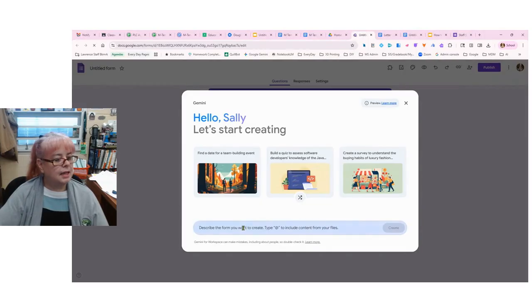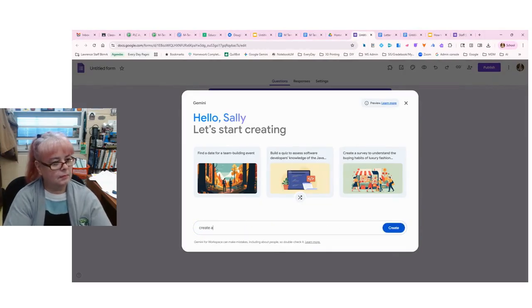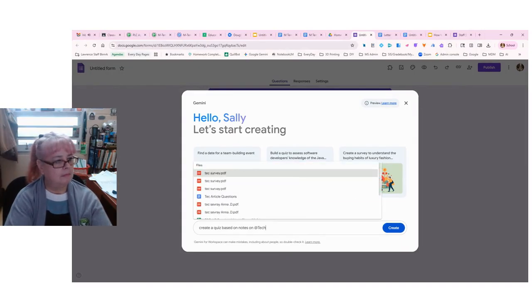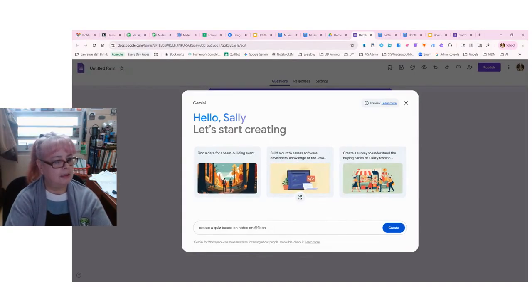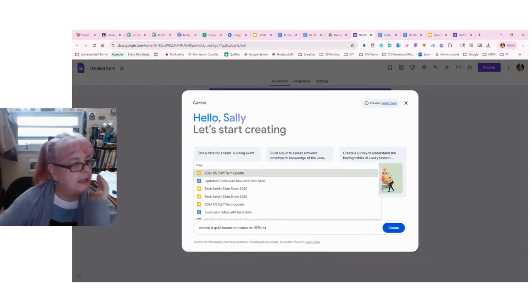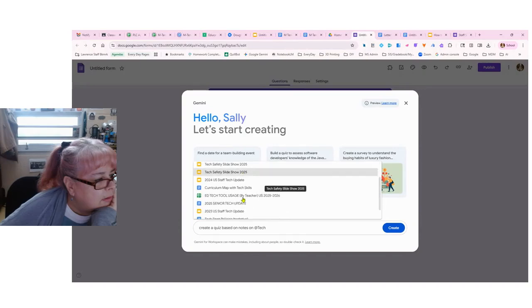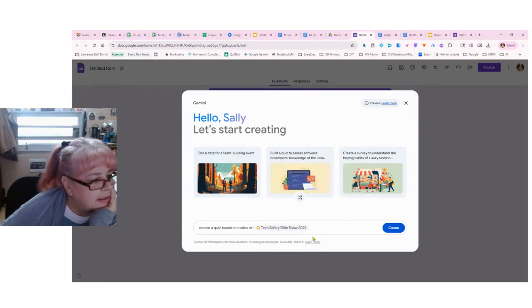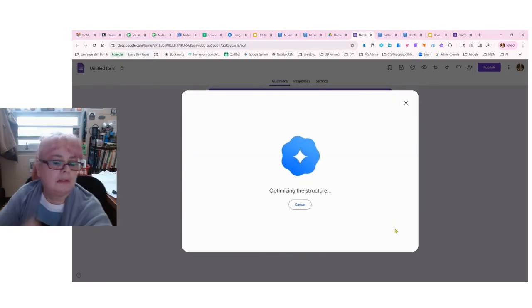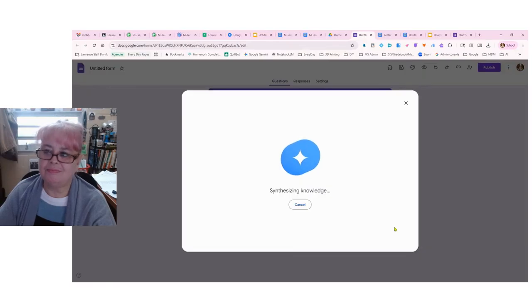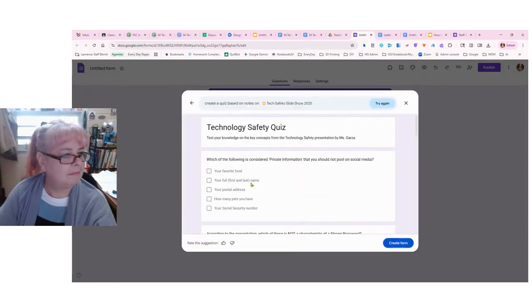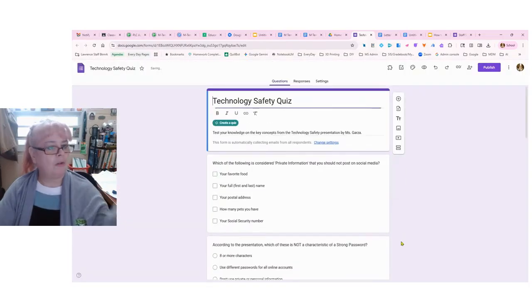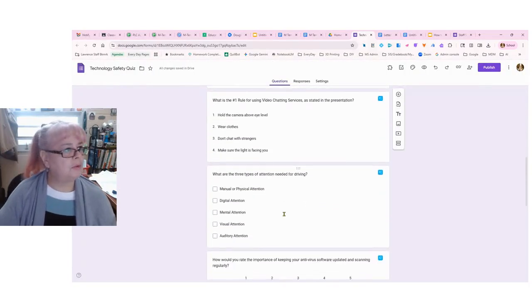And this time I'm going to say, so if I do tech safety slideshow, or if I have tech safety other stuff, so I'm going to do it based on this tech safety slideshow. It will create notes for that based on this. So like this is legit information from the notes. And